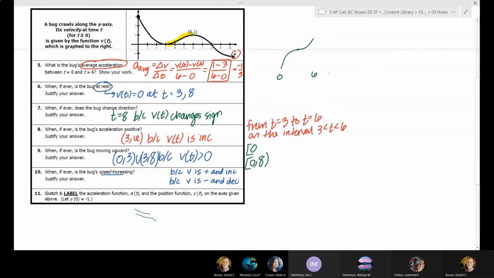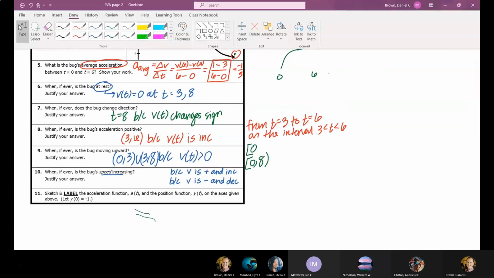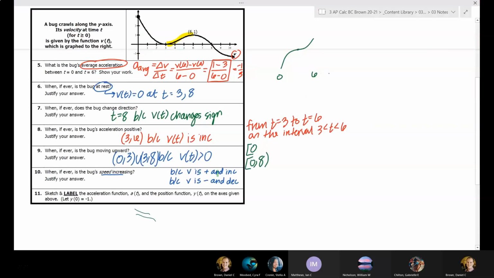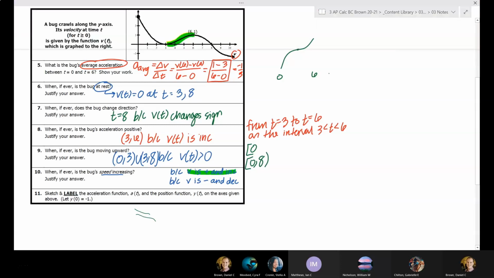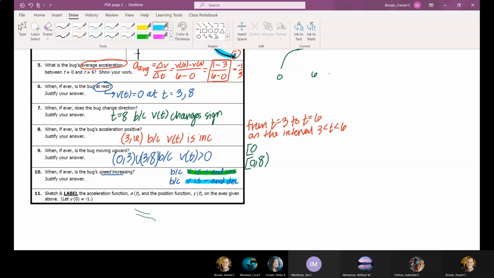So when is velocity positive and increasing? I'm going to highlight that in green. Velocity is positive and increasing on this interval from 0 to 6. When is the velocity negative and decreasing? It's negative and decreasing from 8 to basically the edge of the graph at infinity. So this bug is speeding up